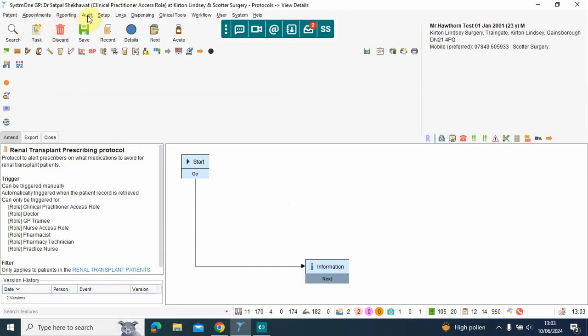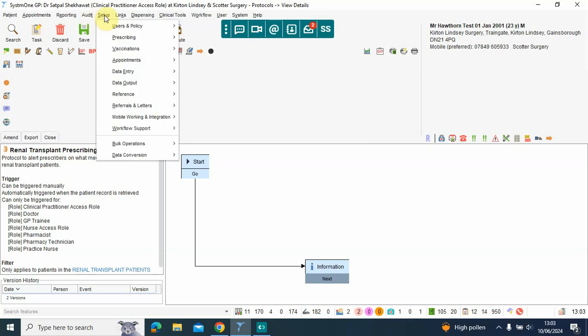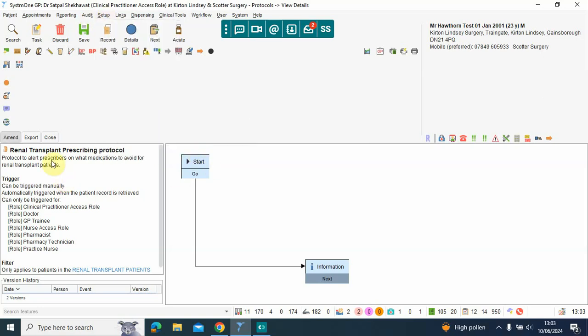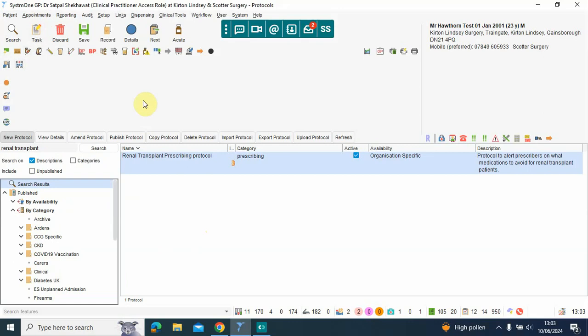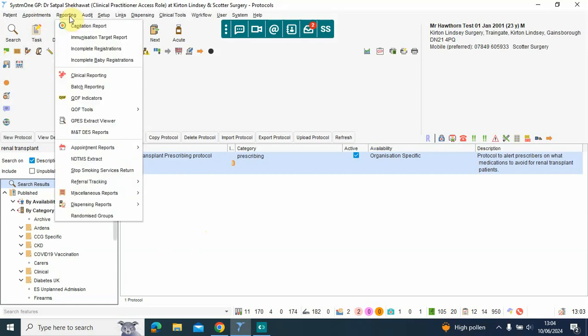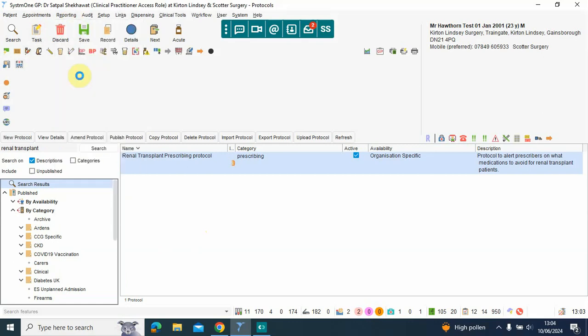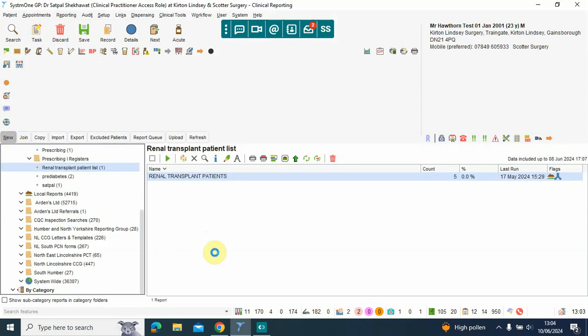So for making protocols, you will go into setup, you will go into workflow support, go into protocols, and once you go into it, create a new protocol, and then you will follow the design I've just shown you. In order to create the report, you would go into reporting, you go into clinical reporting, and in clinical reporting you can create a new report